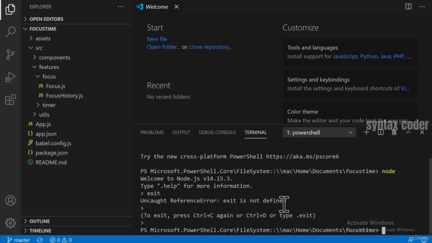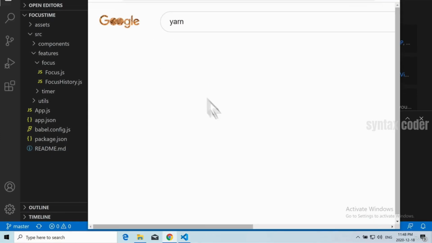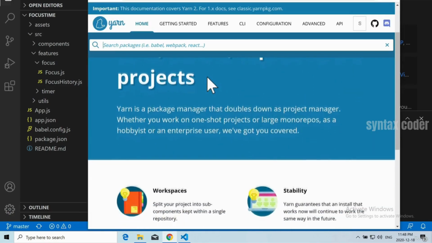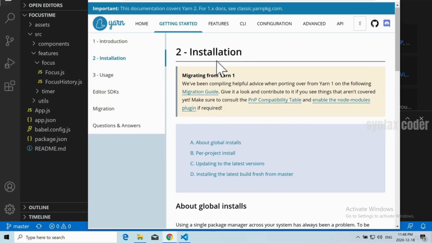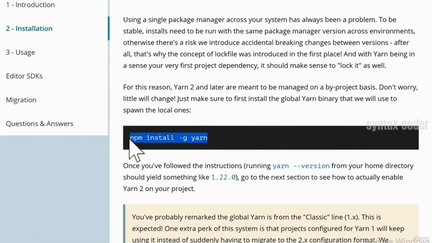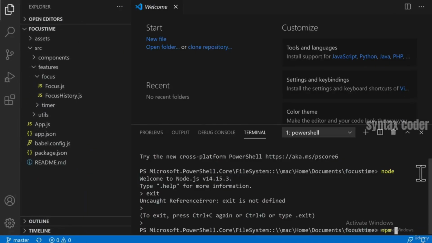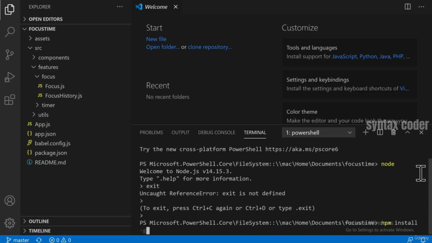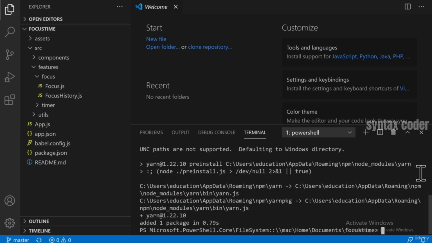So now that we have access to Node, we want to install something called Yarn. And Yarn is a different type of package manager. What we want to do with Yarn is install it. So the installation goes like this: npm install -g yarn. So let's run that command. npm is another package manager that is installed with Node. So if we do npm install -g yarn, it's going to install Yarn